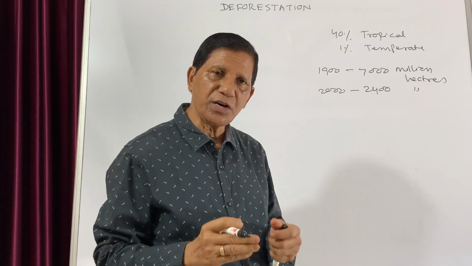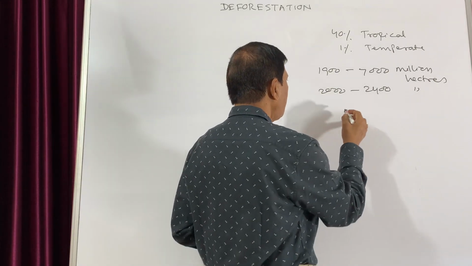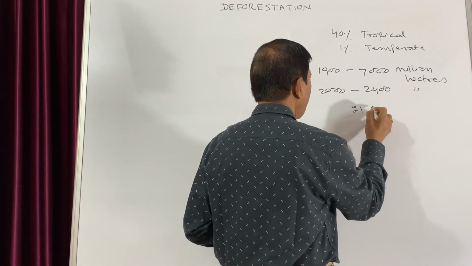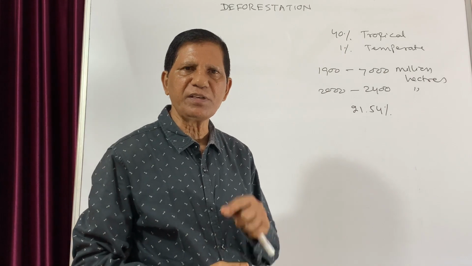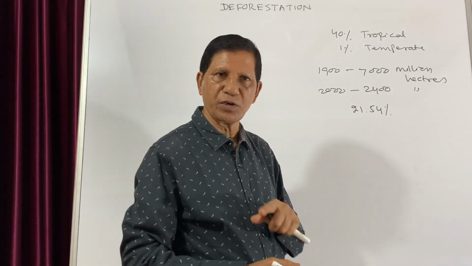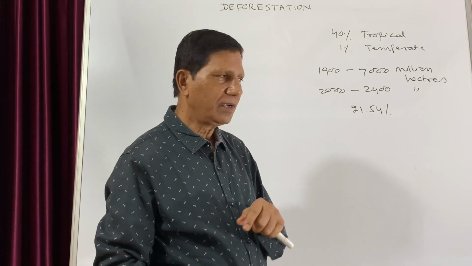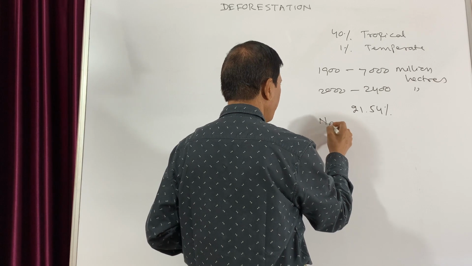And if we consider this forest area with respect to land, it is only 21.5% of the land area. That means in India, the forest cover is only 21.54%, while the